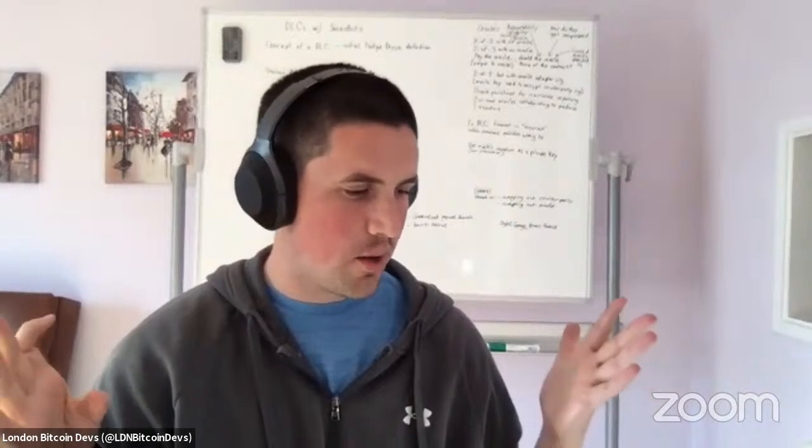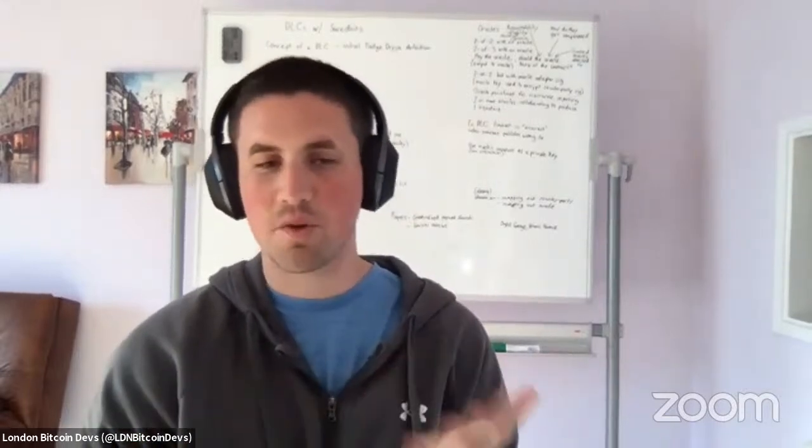Okay. So just before we go on to the reading list, why are we only now talking about discrete log contracts on Bitcoin when supposedly Ethereum has taken the smart contract use case? Why is it taking us so long to start doing these kinds of smart contracts on Bitcoin? And what is the difference between a DLC on Bitcoin and a smart contract on Ethereum?